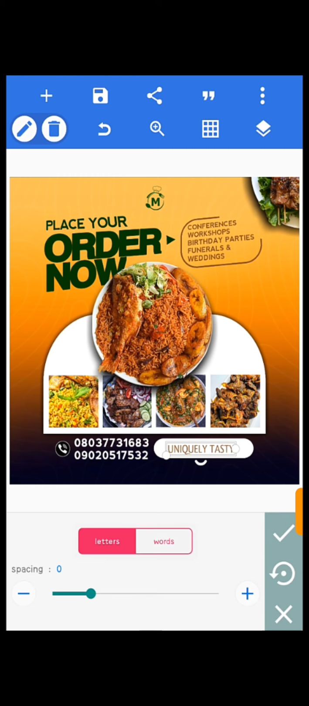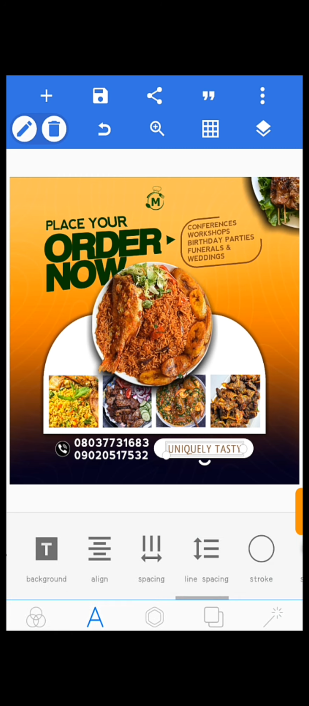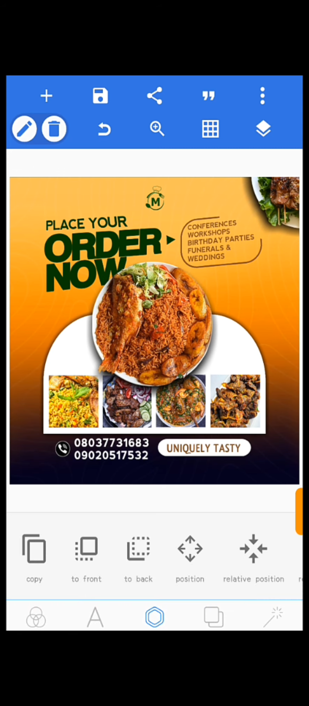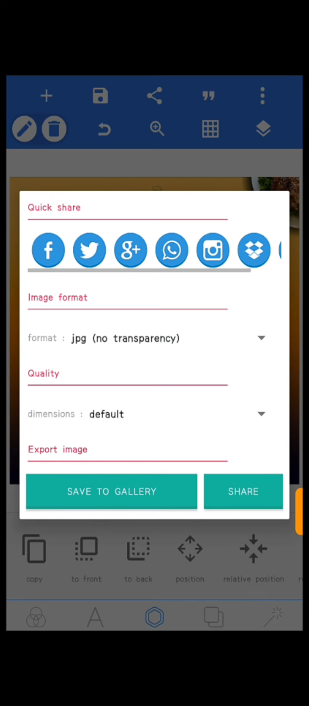So we can increase the spacing now. Make it bold. And finally, we have this and save. So let's assume we want to print this. You can print this to any size. So while you're saving, please save it as